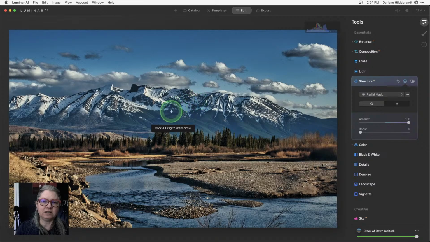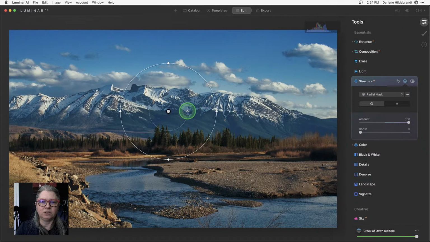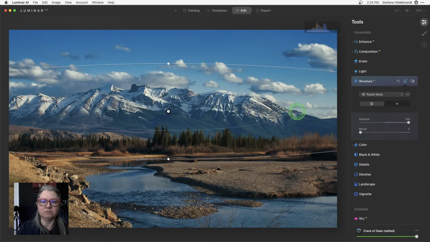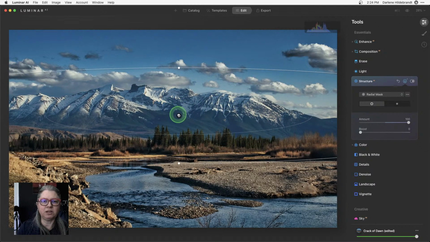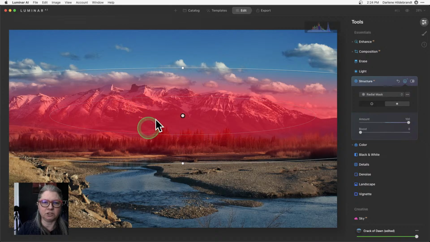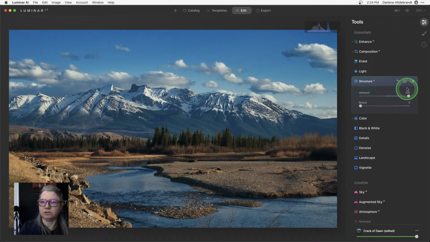So a radial mask allows me to draw a circle or stretch it. And let's make that a little bigger. Now it's applying to the outside of the circle, but I can invert it. So now it's applying to the mountains. And let's just apply the mask and see what it's doing. So you can see that it's applying just to this inner area. If I turn it off,